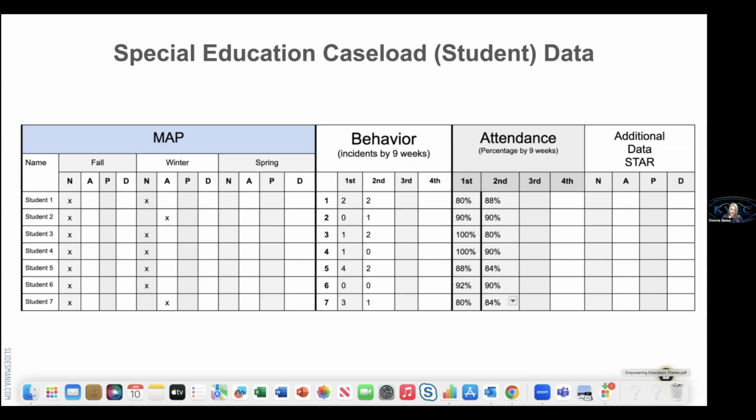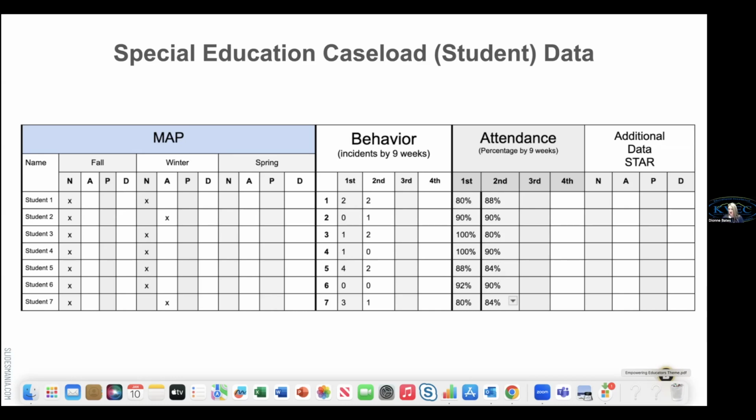And as part of those goals, they identify what special instruction that student might have. So in the spirit of the way we do continuous improvement, we always want to look at whether the instructional method that we selected, that special instruction that we chose for those students, is tailored to that student, and are they making gains? So when we start looking at those data sets, we're starting to see those patterns.